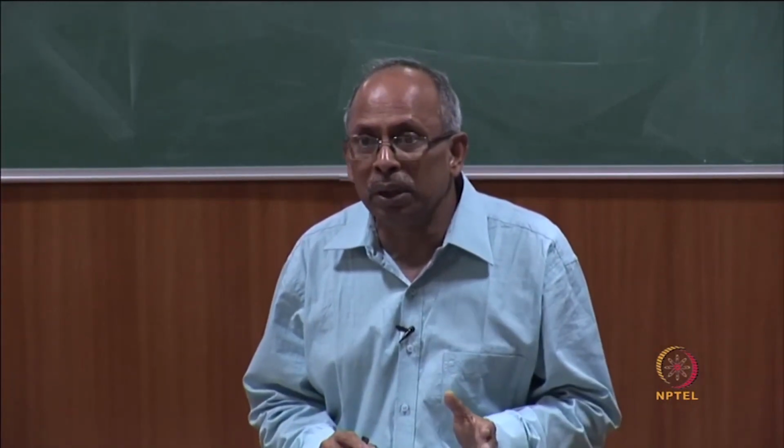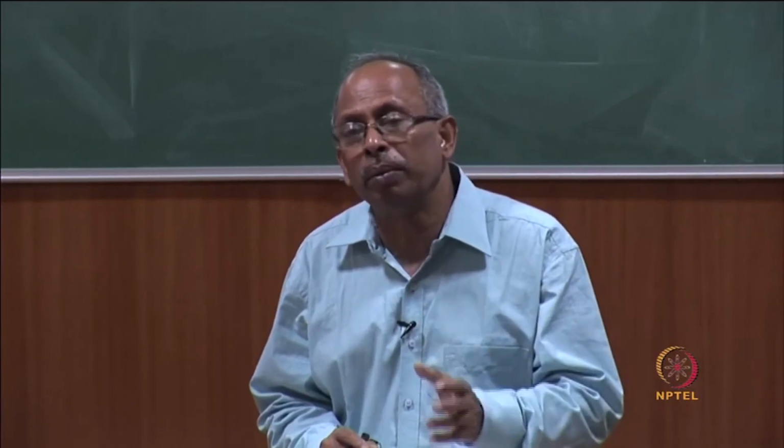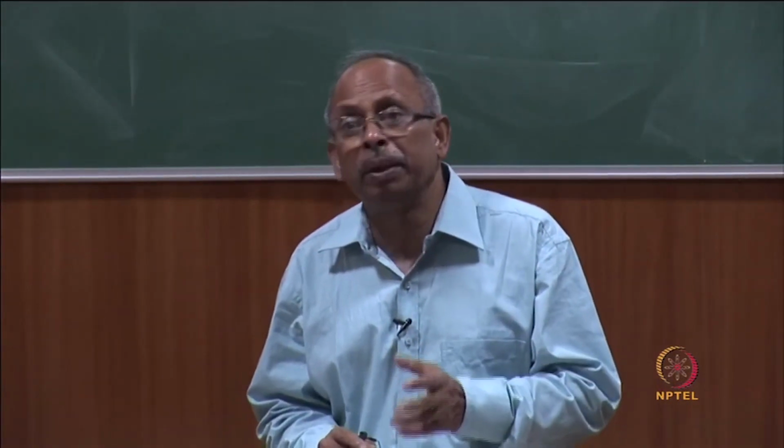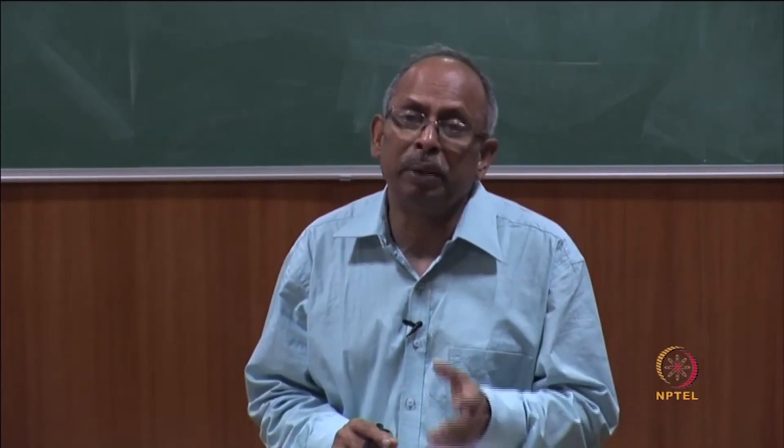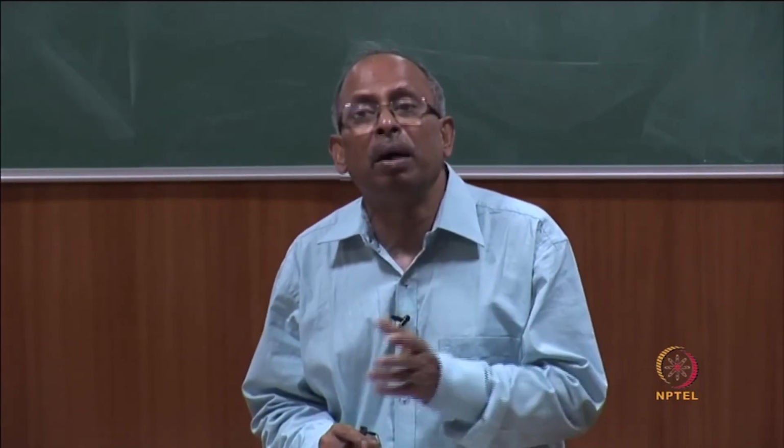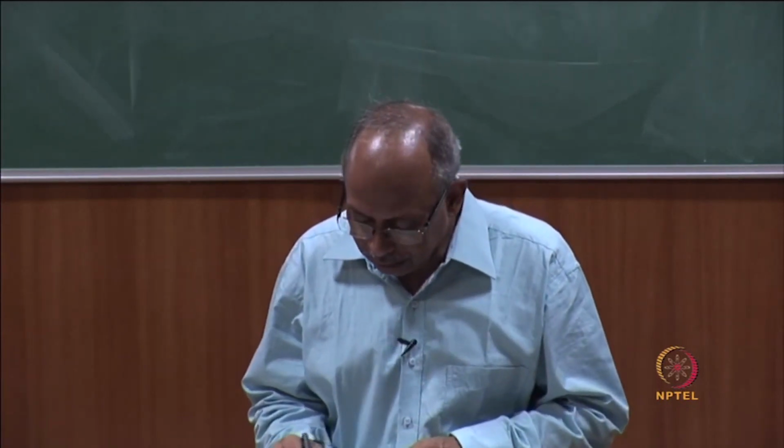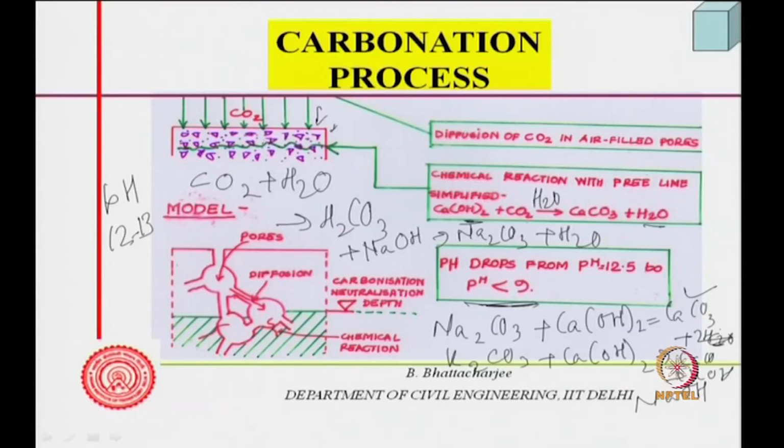Under such situations, when all alkaline materials including sodium hydroxide and potassium hydroxide have been consumed by carbon dioxide from the atmosphere in the presence of moisture, forming carbonates, pH will reduce significantly, and pH will be less than 9 now. And when it is less than 9, depassivation can occur. At certain lower pHs, Fe3O4, the oxides, may not be stable at low pH, and actually the black crust, which I talked about in the last class,